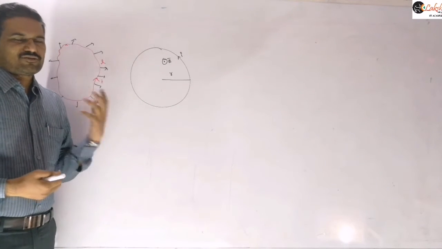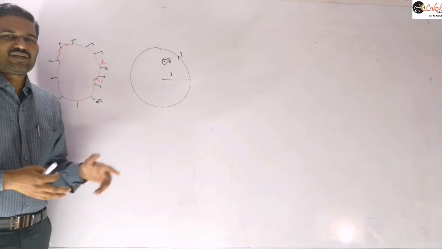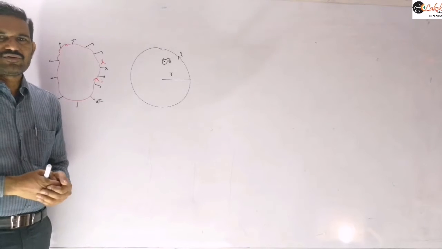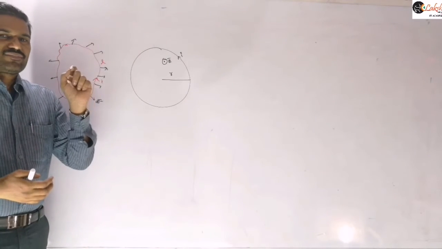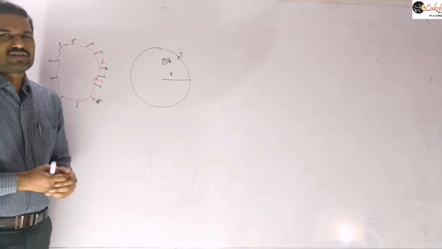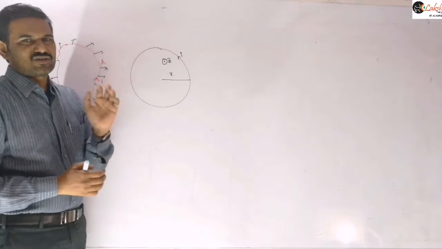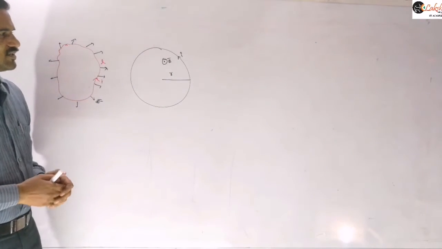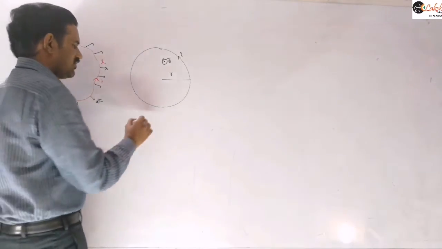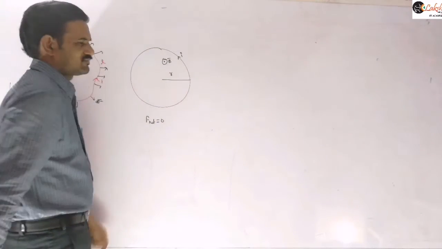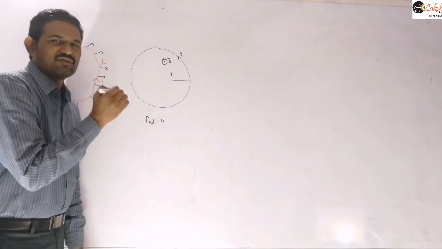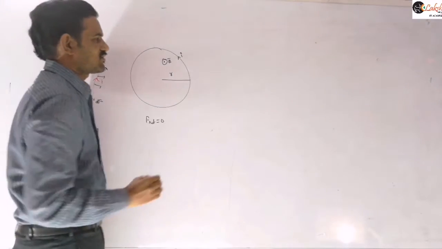And we know the net force acting on that circular loop will be 0 only. We discussed it in many problems here. So now net force is 0, but there will be some tension developed in that string. That tension we need to calculate, right? So the net force acting on this loop will be 0 only, but some tension will be developed in that loop, and that tension we need to calculate.